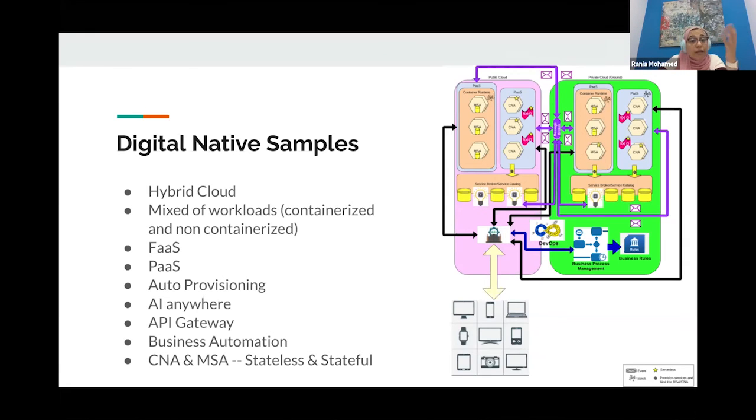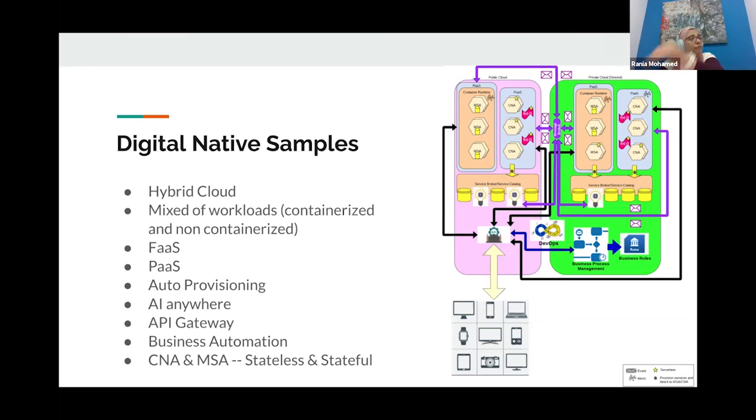Auto provisioning, AI anywhere. This is the idea. I want to really be able to capture data from anywhere and deliver my services anywhere. And that's why the hybrid story, or the digital native story as well, is supporting AI anywhere. So you are able to run AI on the edge computing, or run it on the cloud, or even on-prem